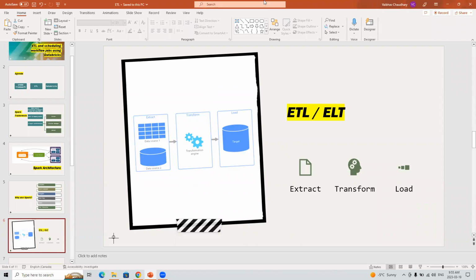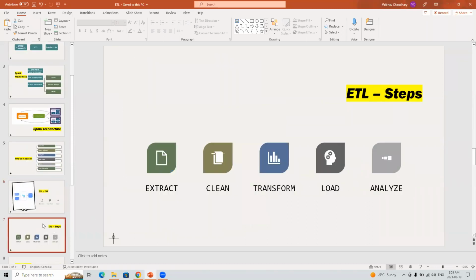So on that note, ETL or ELT. This picture signifies how things are going. There are two data sources and we are combining them to transform, and then we are loading to the target. There are a lot of moving pieces here and there, but this is more of a general picture of how an ETL workflow goes. And Mr. Jayant here, who has ETL experience, can agree with me. This is a general idea of how ETL works, to explain to freshers. So coming on to a more complex part here, which is the extraction.